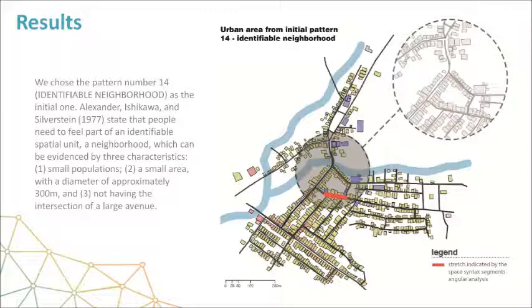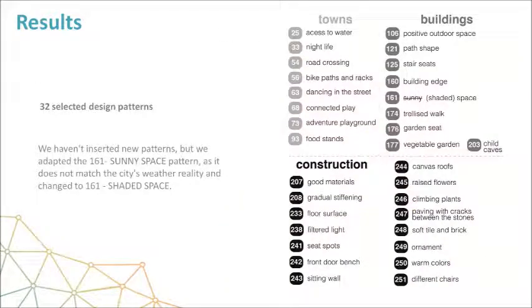The district is located about 8 kilometers from the city center, with approximately 6,000 inhabitants. As a scope, we focused the intervention on an area of 300 meters selected through georeference data and the analysis of segments based on space syntax theory. After we selected the initial pattern and the intervention area, the next step was the selection of the list of design patterns. All of these patterns are consistent with the local context of the 300 meter diameter and with the possibilities of the research group as a stakeholder.